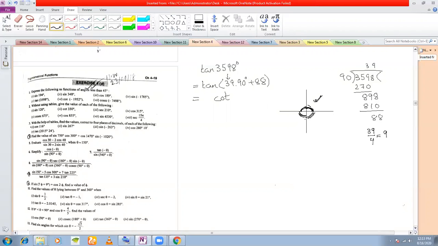Yes, sir. So for every 4 I have one complete rotation. For the next 4, I have one more complete rotation. I reach here. For the 9th one, I am in this quadrant, right? So 36 plus 3. So in the 36th rotation, I am in the first quadrant. How many rotations left? 3 rotations. 1, 2, and 3. So now I'm in the fourth quadrant. Am I right?